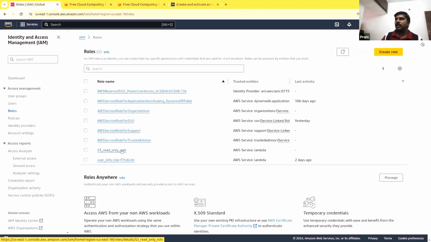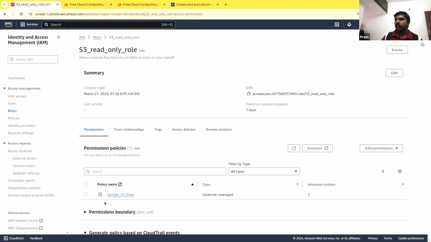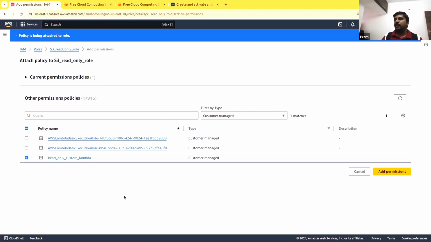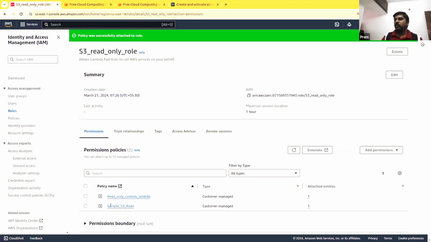S3 read only role is a role I created, but if I want to attach another policy to it, I search, add permissions, attach policy, and I attach the customer managed policy, and this is what I want to add. I'm adding it. So these two policies are now attached to this role. It is S3 read only by name, but I have S3 plus lambda as permissions. This is only a name.